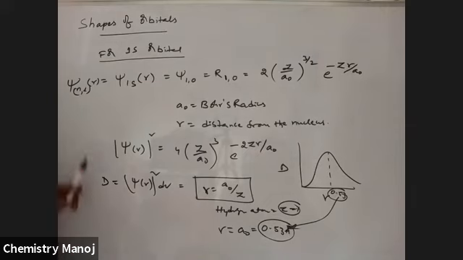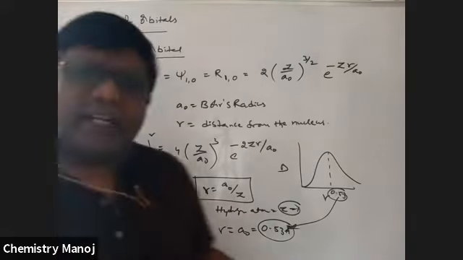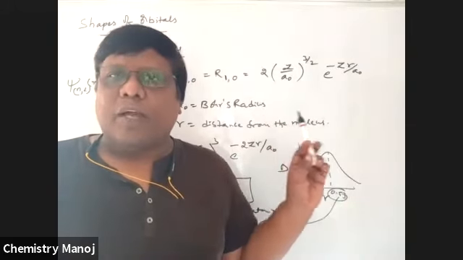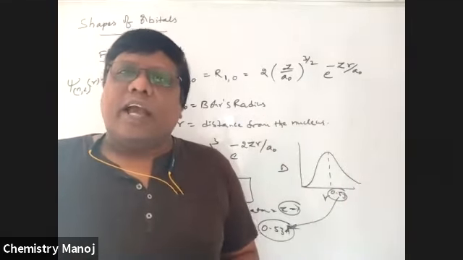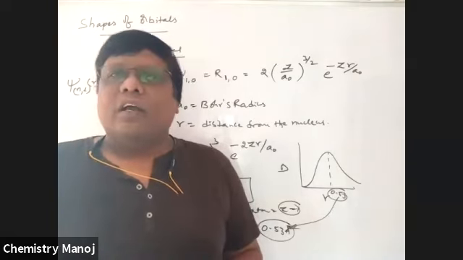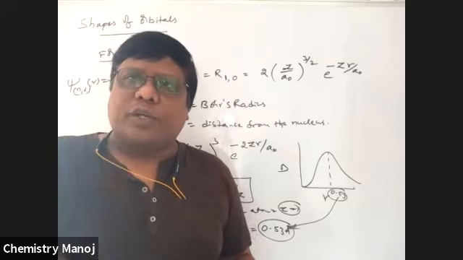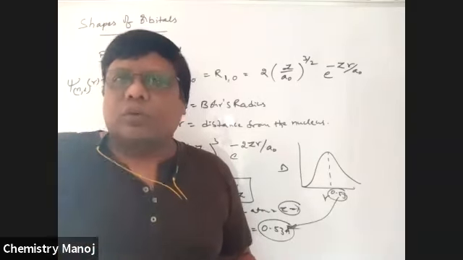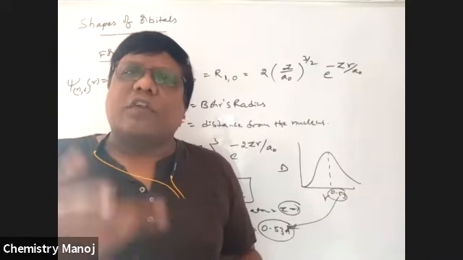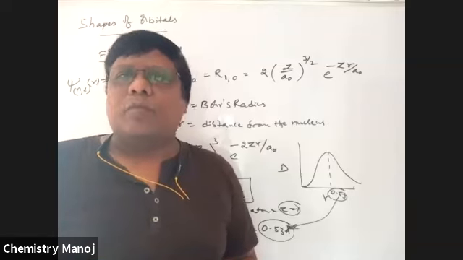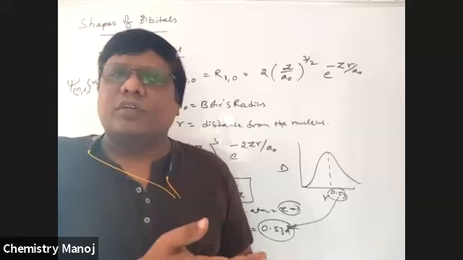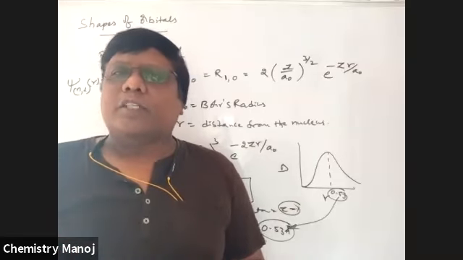Okay, so these are for the 1s orbital. Similarly, for 2s, 3s, every orbital has a radial function. For s orbital, only radial functions exist. Angular functions are constant. For p orbital, both radial functions and angular functions exist. So all that note I will send to you. Please take a look. Don't learn them by heart. Just take a look. All those values are given to you. So from those values, you have to calculate some problems. This is the way to find out those maximum values.